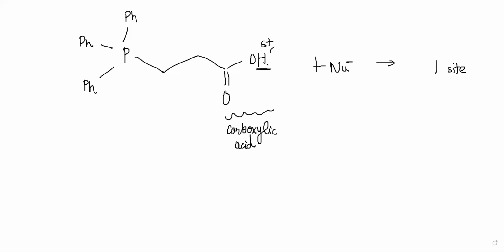O minus will be formed, right? Wait, is there a positive charge on that atom? No, there isn't, right? So that is a typical site where Nu can come. That is correct. So what can happen here is